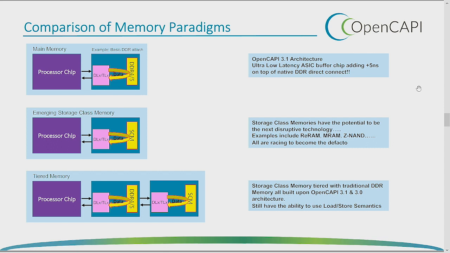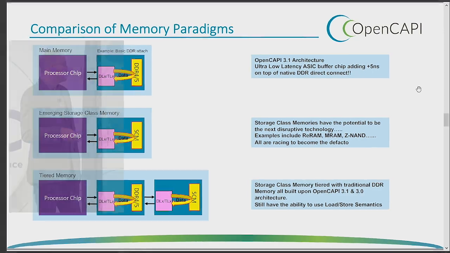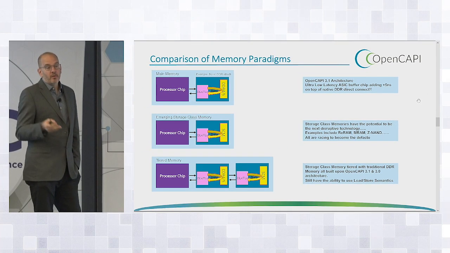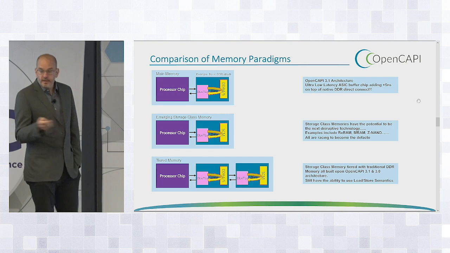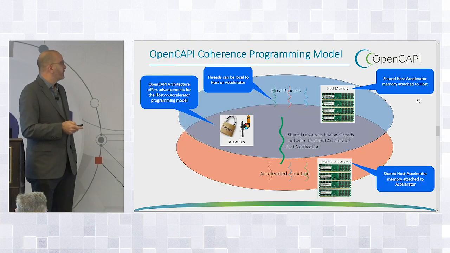And there's nothing to say that the OpenCAPI devices couldn't have tiering. We've looked at some devices where one processor interface talks to DDR as a sort of cache of memory that lives behind it, so you could tier things. You could also bridge to other memory technologies. You could come out the back of this with a Gen-Z connector, for example. So you've got your low latency connectivity to your DDR, and then the back of that could go off and talk to other memory standards. That's how we see that.